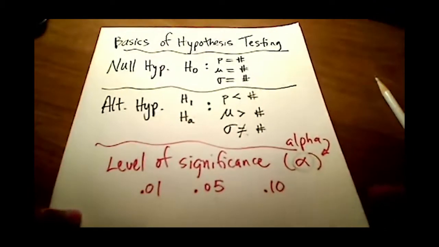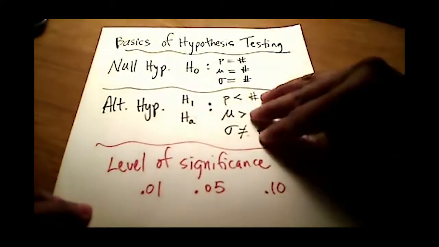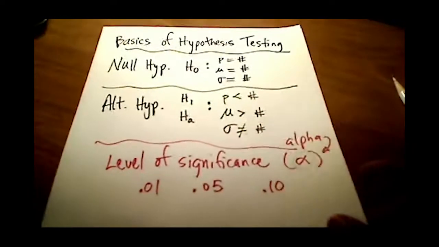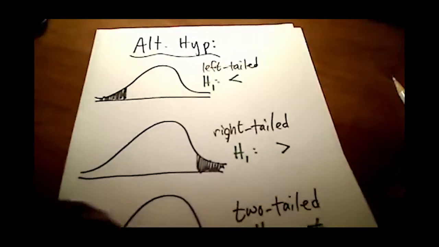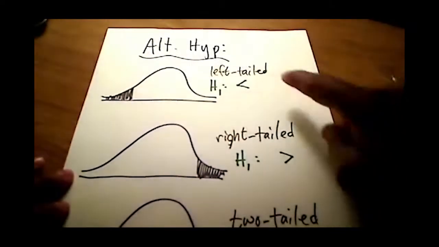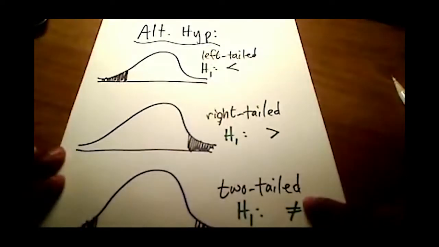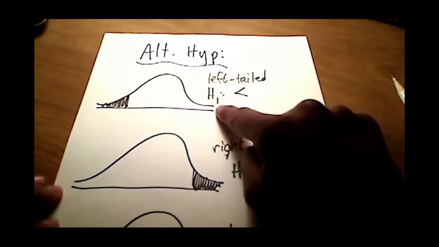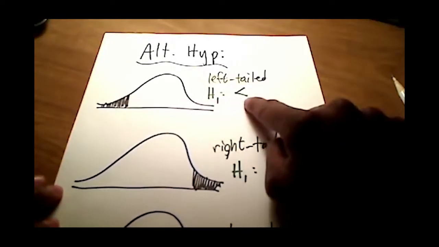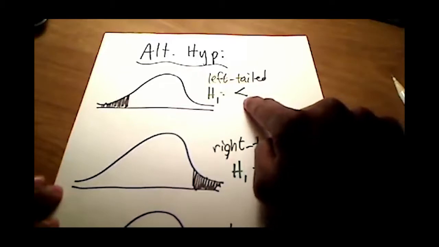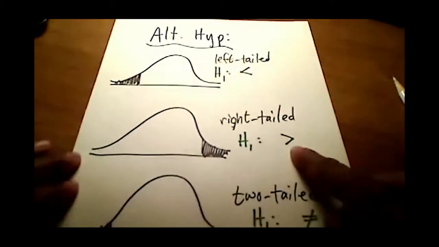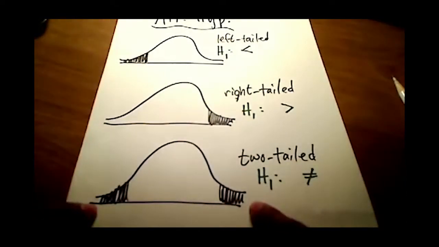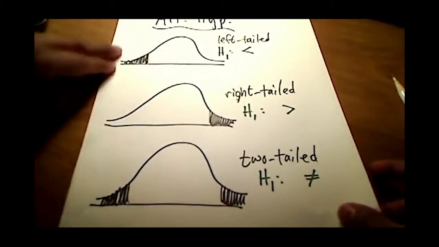Okay, the other thing I want to tell you about, and keep your eye on these three alternative hypotheses here, right? So less than, greater than, or not equal to, depending on what kind of test we're talking about, you might have a left tail test, a right tail test, or a two tail test. And that all depends on the alternative hypothesis. So I'm using H sub 1 as my alternative hypothesis notation here. But if the alternative hypothesis is less than, we have a left tail test. If it's greater than, we have a right tail test. Or if it's not equal to, we have a two tail test. So that is also important and significant here.